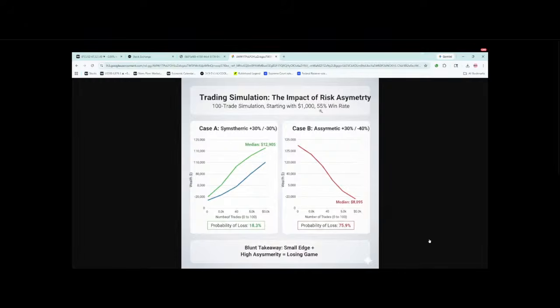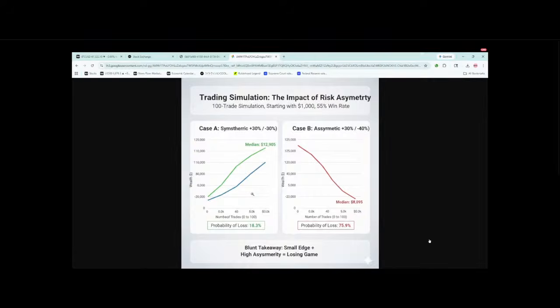The reason I have the win percentage so low is because we're not adding slippage, we're not adding fees, we're not adding all these little things that can happen. So I'm giving us basically a coin flip, 50-50, to account for all those other risks that I'm not accounting for: slippage, mental, whatever. So if you have a 30% stop loss with a 30% take profit with a 55% win rate,